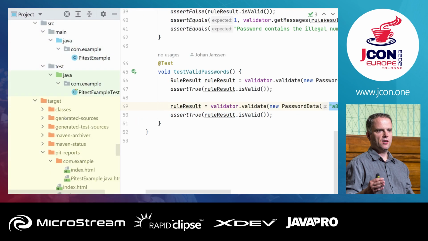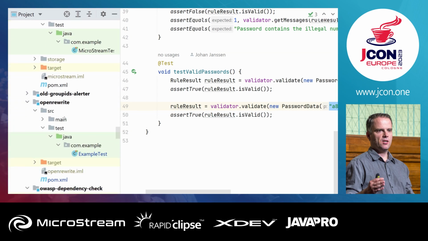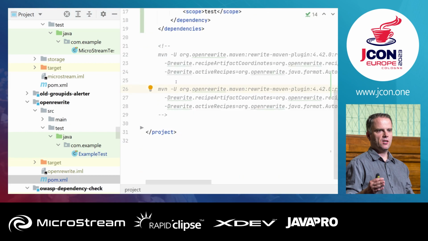Then another example is Open Rewrite. Anyone ever did an upgrade of Java? You're all still on Java 6 or 1.2? Even better. Stability, right? Yeah. So basically, in the past, we could do it all ourselves, those upgrades, and not only Java upgrades, by the